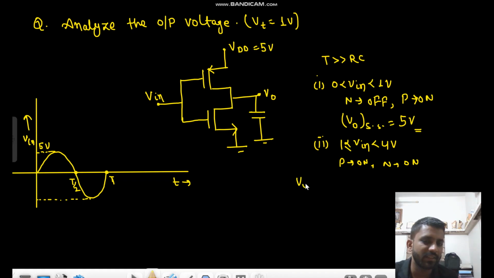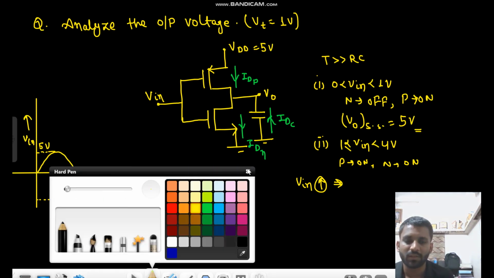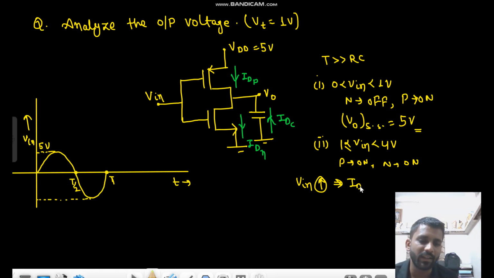Now if Vin increases, we can do one thing. This we can call IDP, and this we can call IDN, and this we can call IDC. So if Vin increases, IDN increases,